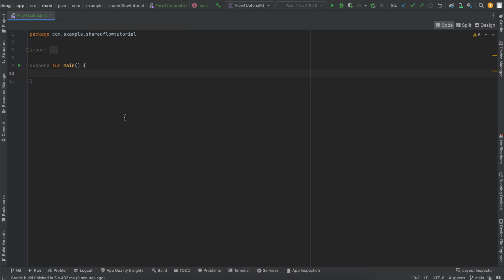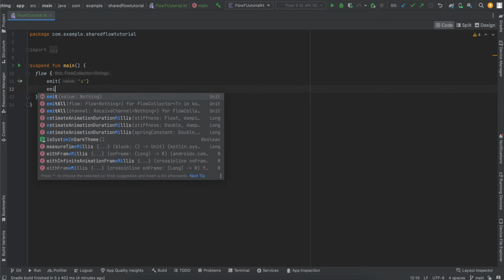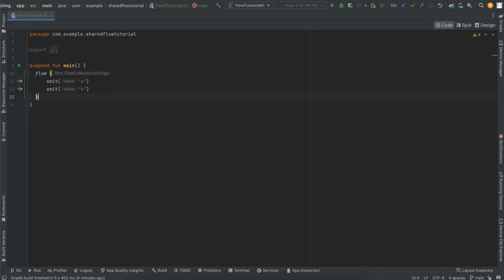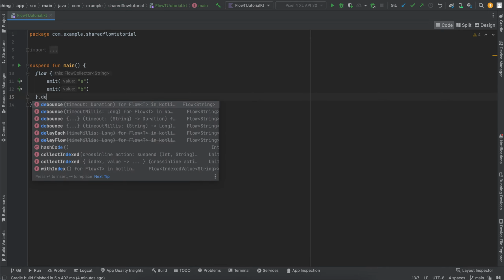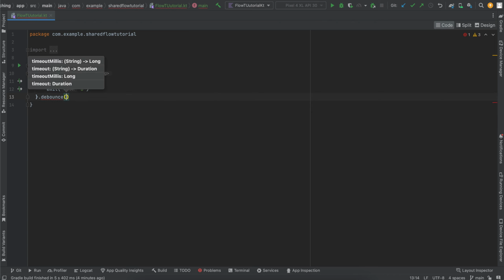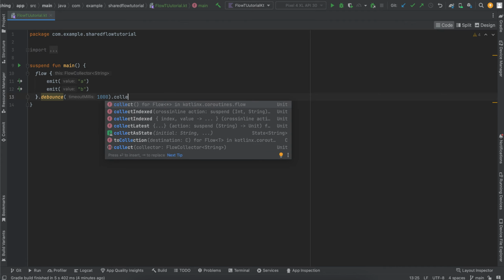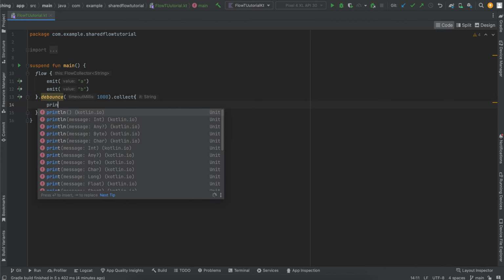Debounce operator returns the original flow but filters out values that are followed by newer values within the given timeout. So let's see what that means. We'll first create a flow. Let's emit some values, say A. We'll emit another value, say B, and we'll apply a debounce operator here. Let's say we have 1000 milliseconds, and then we need to collect, and then we'll just print